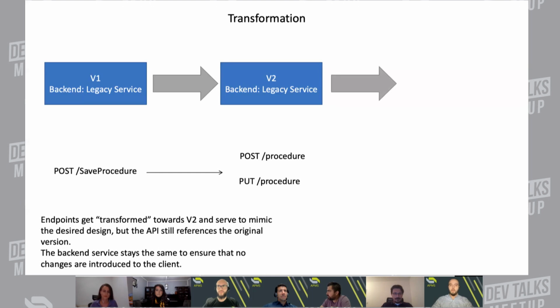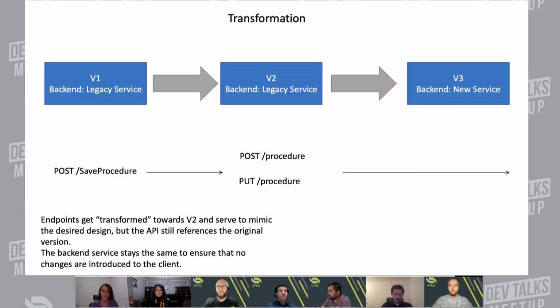But here comes the third version of this API, with the only difference being the backend service, because we didn't perform any transformation of endpoints in this part. We just changed the backend service. We have 2 working versions, and we are now ready to complete this